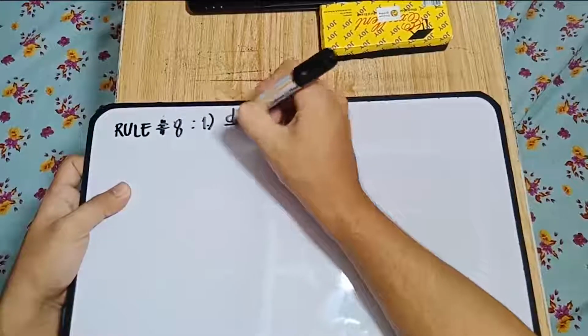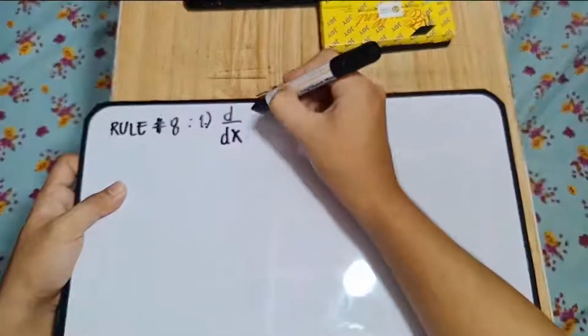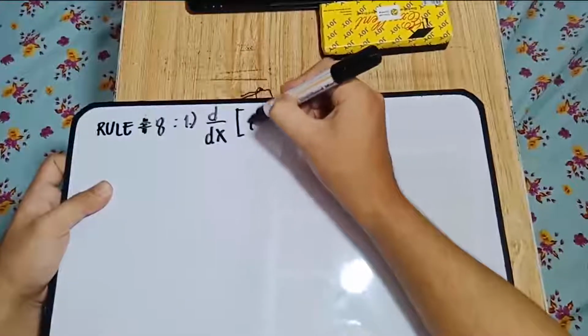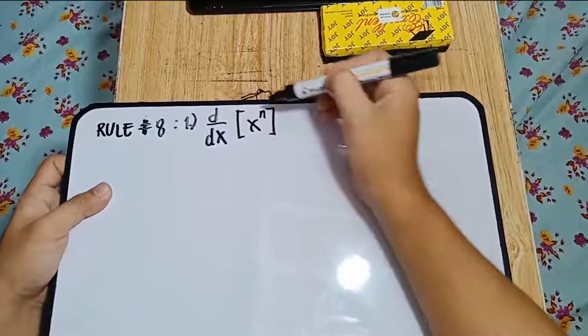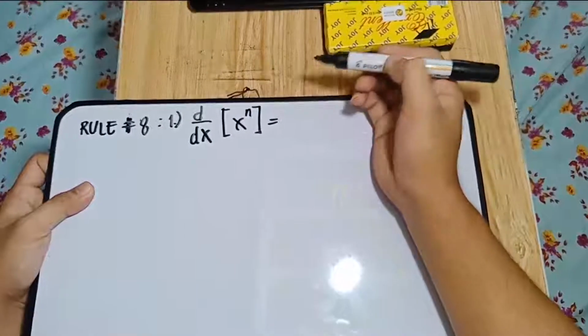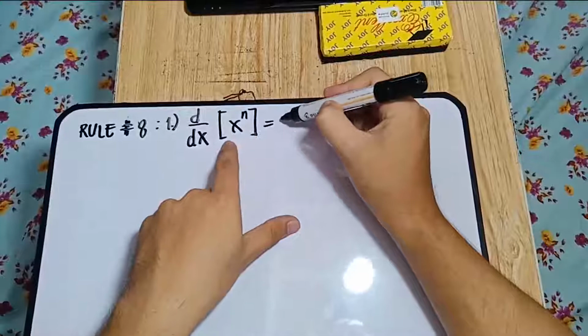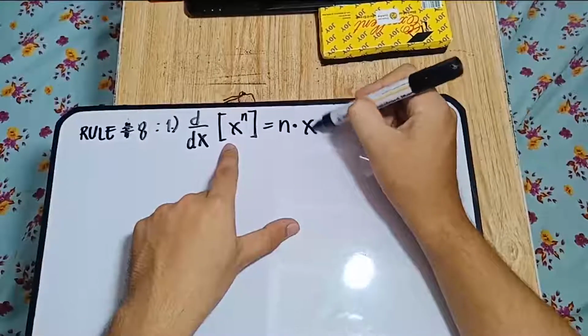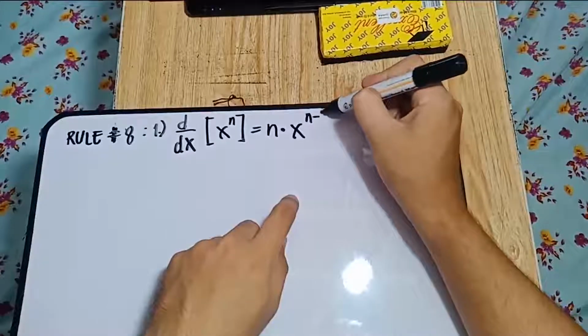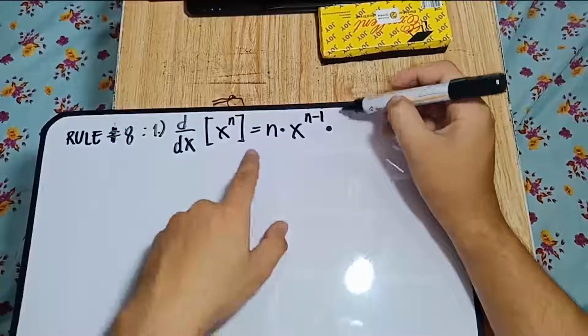The derivative of the given function x raised to n is equal to, so gagamitin natin yung power rule na yan. So bababa ko yung n, multiply by x raised to n minus 1, then still multiply by the derivative of